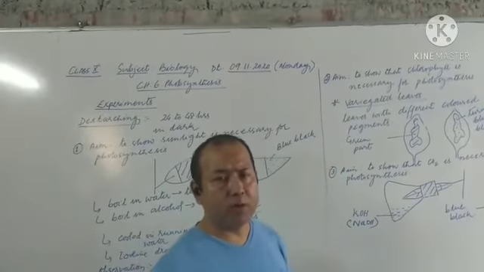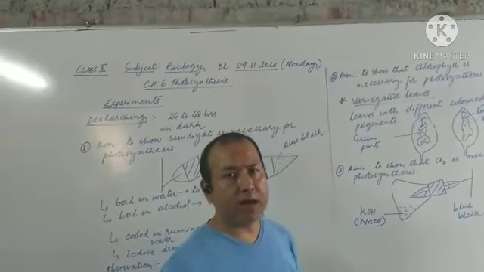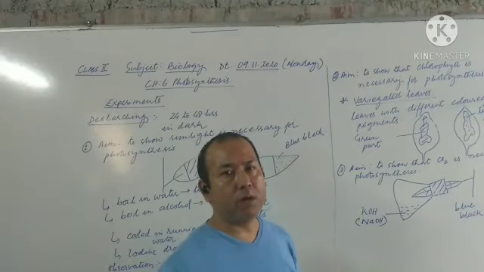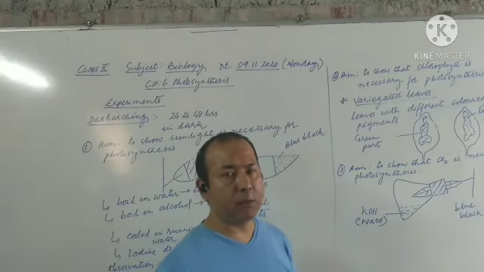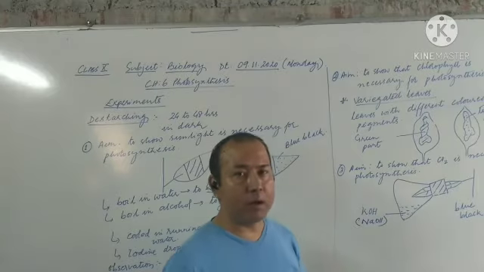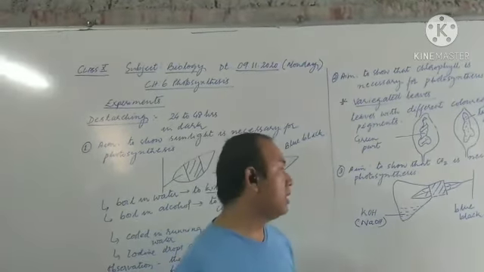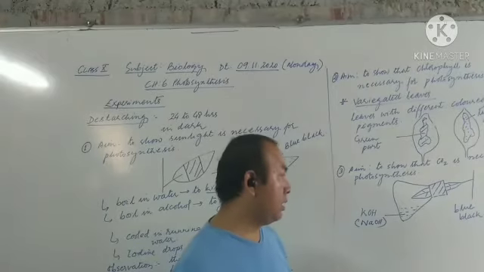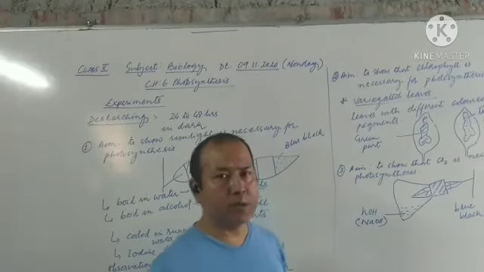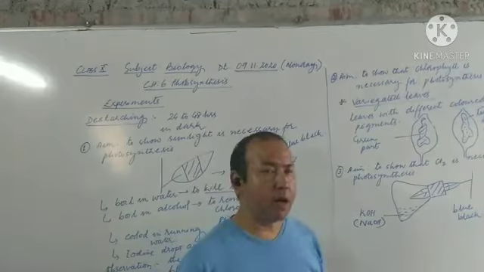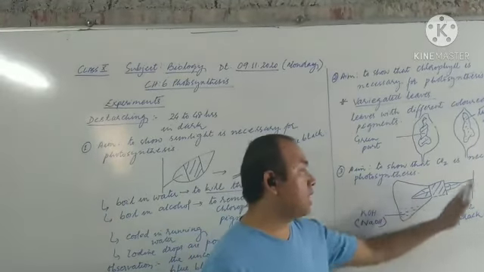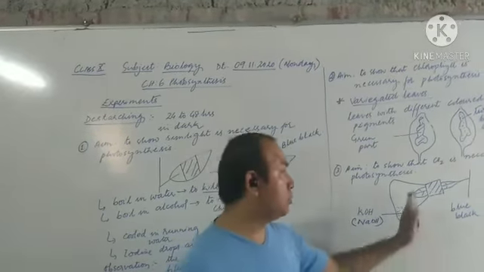Similar type of process is followed. First, de-starching is done. The plant is kept for 24 to 48 hours in a dark place to remove the starch from the plant body. Then one of the leaves is selected, whose half portion is inside the conical flask, in which potassium hydroxide is present to absorb carbon dioxide, and half portion is exposed to the sunlight.